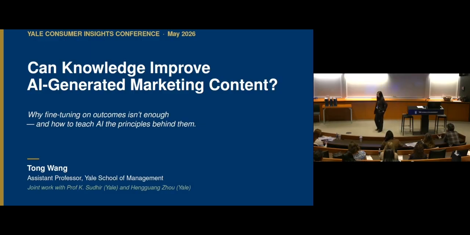And today I'm going to talk about a problem that has become increasingly relevant as firms adopt AI for content generation. So I'll show you a common problem with blindly applying some fancy technique from CS to fine-tune your models. And then I'll propose a solution to mitigate this problem. And this is joint work with two of our wonderful co-authors. Professor Sudir is also a professor of marketing at Yale, and Tong Wang, he's a pre-doc, and he will join Columbia as a PhD student.